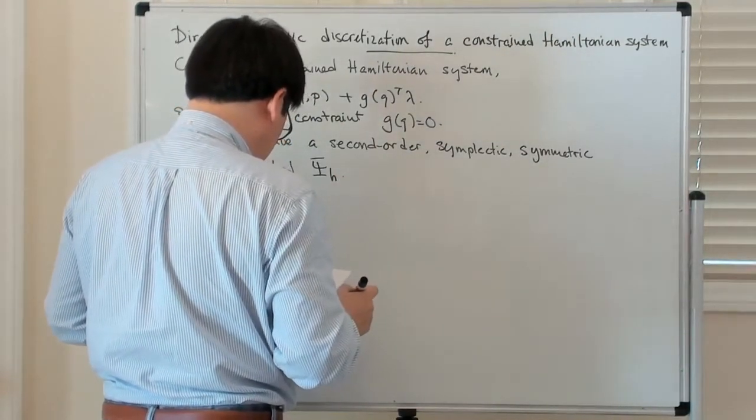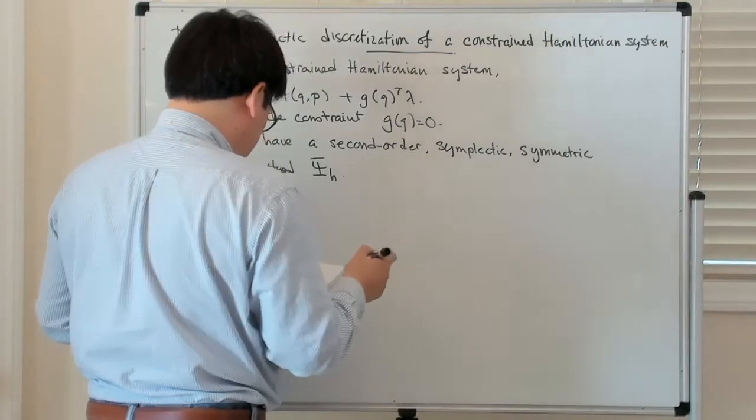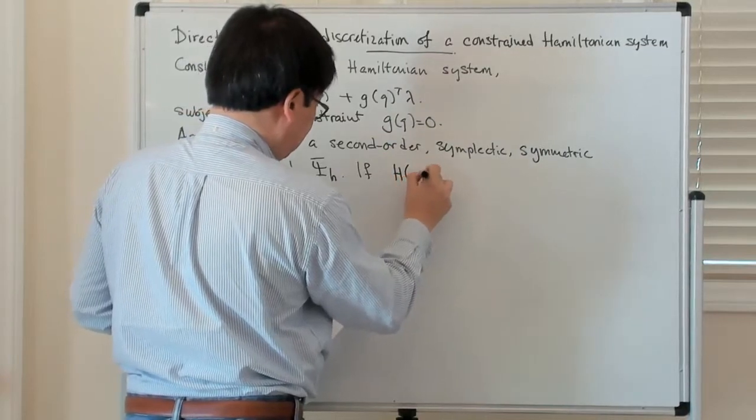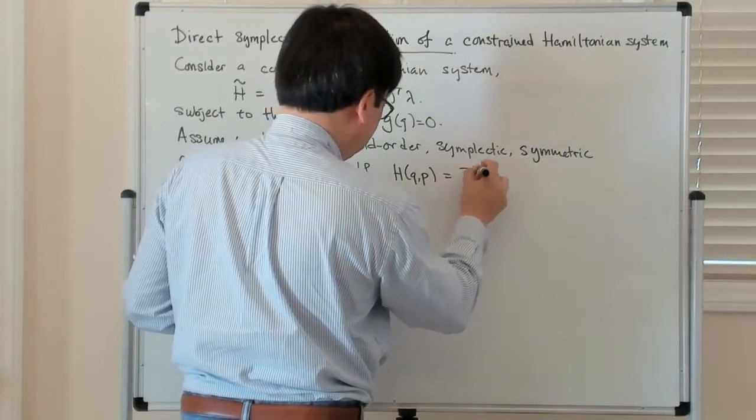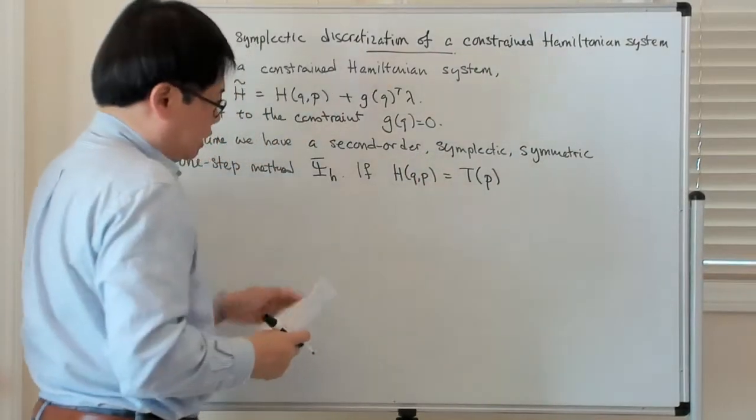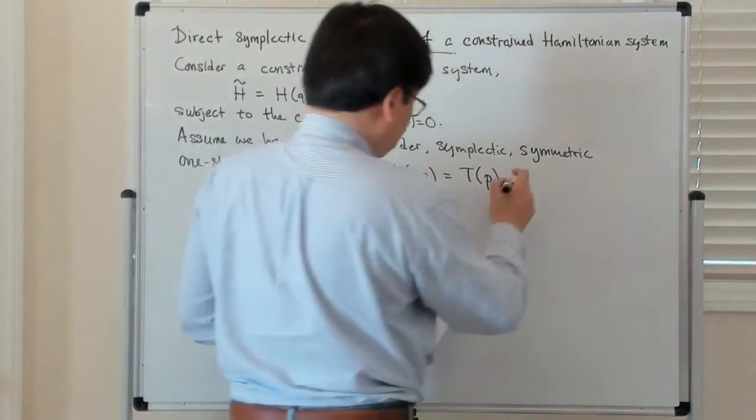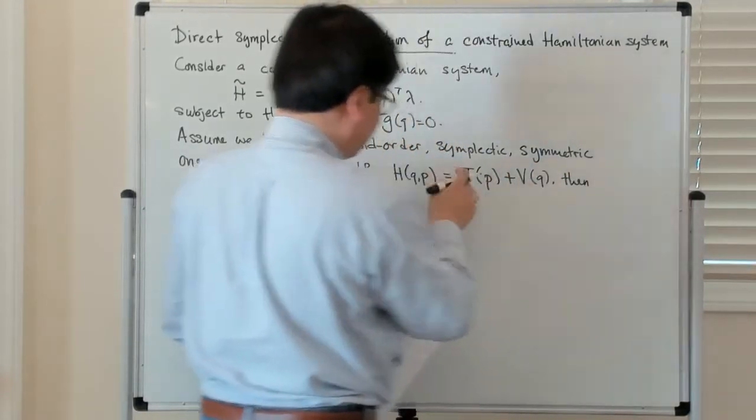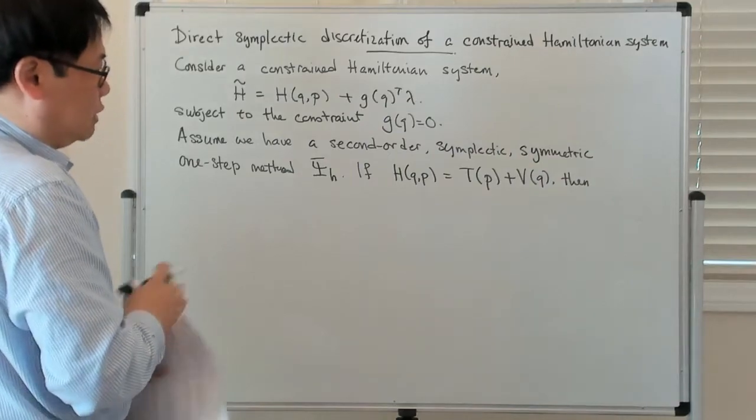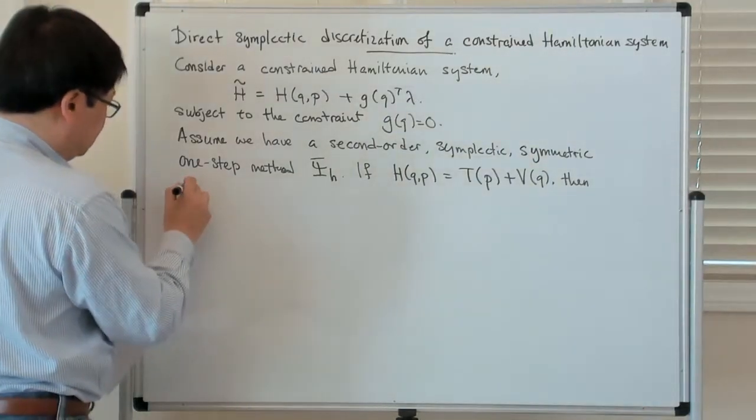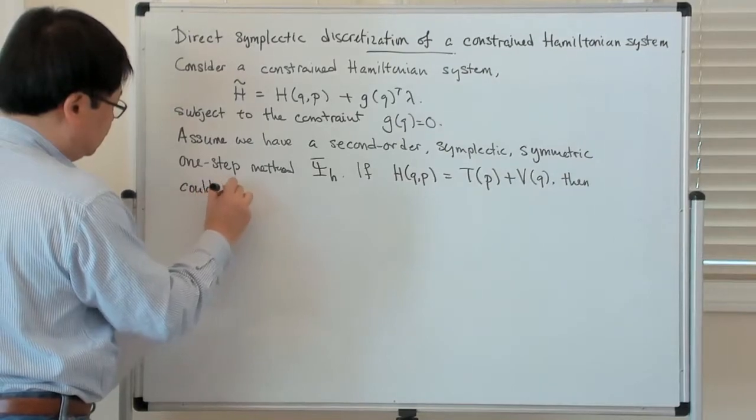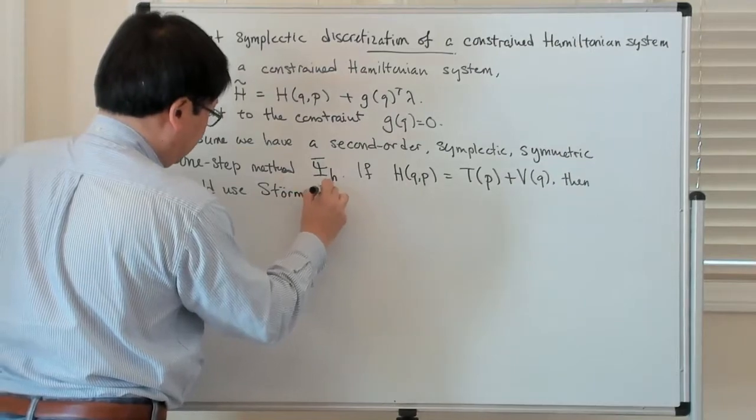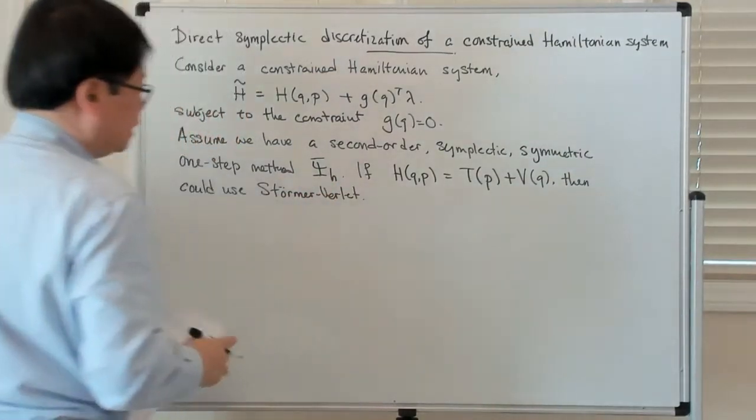For example, if the original unconstrained Hamiltonian is separable, which is to say that you can write it as the sum of a kinetic energy part, which depends only on the momentum, plus a potential part, which only depends on the position, then you could use, for example, Störmer-Verlet as your second order symplectic symmetric one-step method. Okay. If it's not separable,